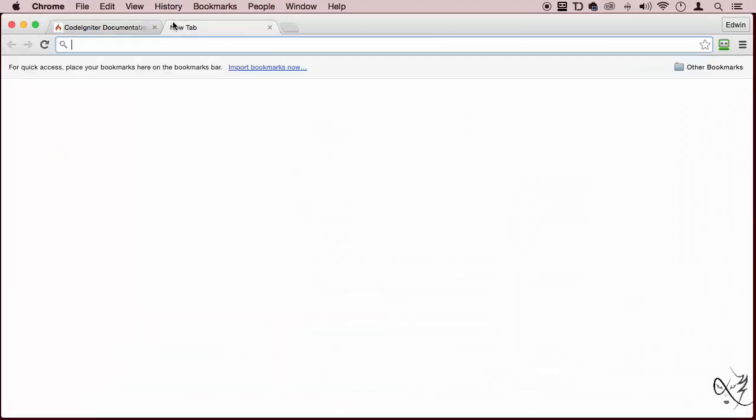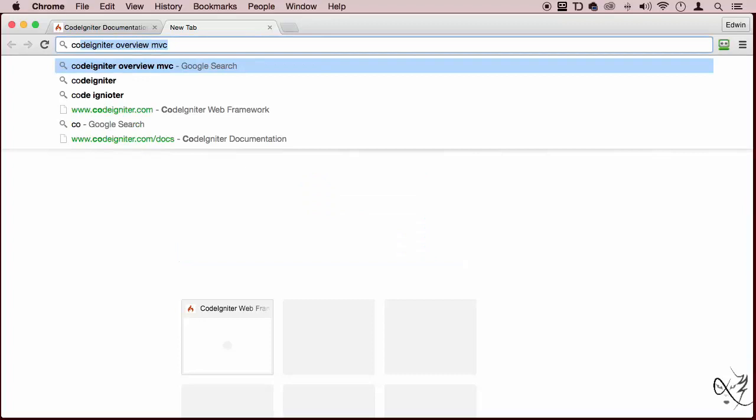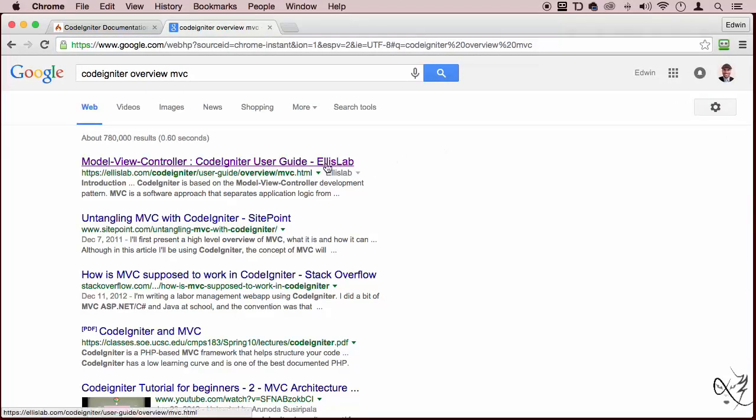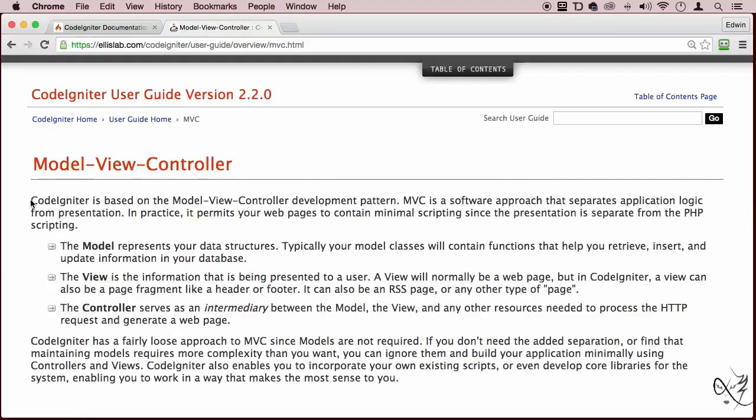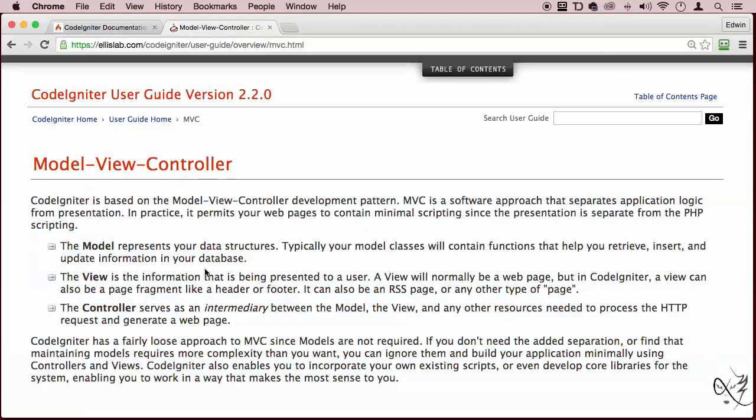Now, let's go and find out a little bit about what MVC actually is. CodeIgniter is not hard to get. All right. So I'm going to type in CodeIgniter overview MVC. I'm going to click on this first link. But before I do that, know that CodeIgniter, all right, is one of the most popular frameworks out there. And that's why I'm making this course. So I'm going to click here. I'm going to explain to you all this content that they are actually making a little bit more complicated than